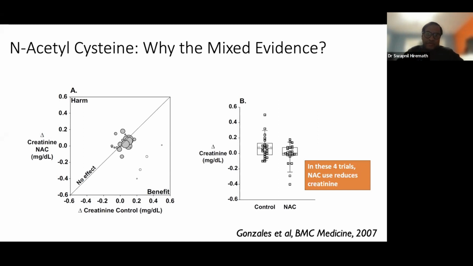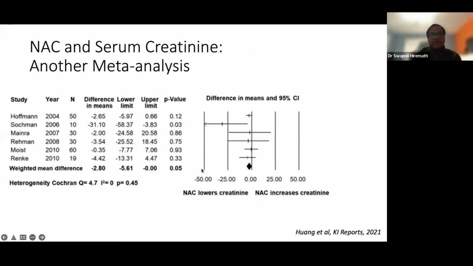If you have a drug which prevents AKI, in those patients the creatinine should not go up. But you're not expecting it to improve the kidney function and decrease the creatinine. But that is what was happening in these 4 studies: the creatinine actually went down. So there was something very fishy going on here. Nothing that the trialists did, but something fishy was going on.